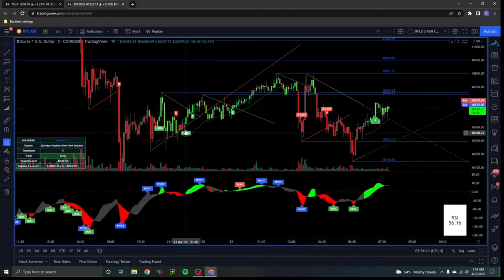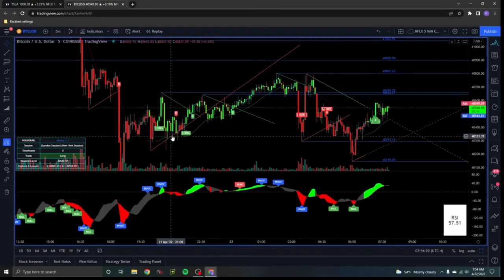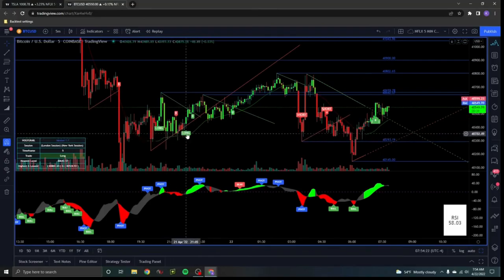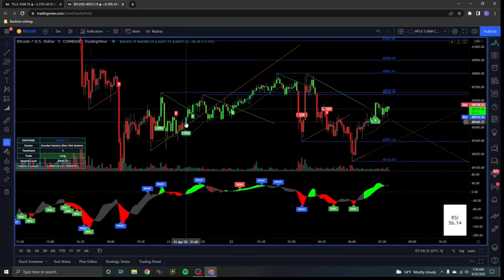So off of this long, if you were to see that, you'd basically say, well, I've seen this try and go through this trend line multiple times. 1, 2, 3, 4, 5, 6, 7, 8, 9, 10, and it keeps rejecting. So that would pretty well tell you that this is more than likely going to be a good trade off of this alert. So you could take the alert at the close of this candle,